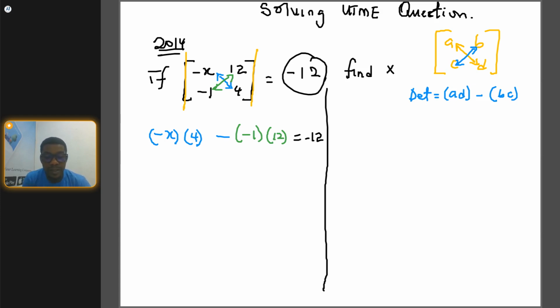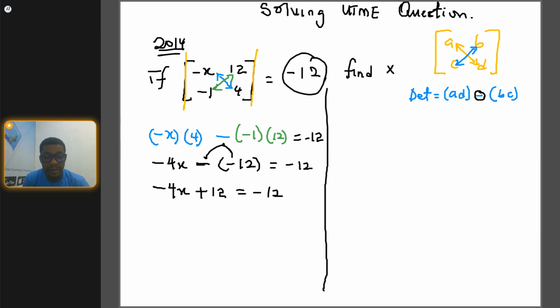Minus x times 4 will give us minus 4x, minus, which is the natural minus we have here. Now, minus 1 multiplied by 12 should give us minus 12. All should be equal to minus 12. Minus 4x, minus multiplied by minus, will give me plus 12, which is equal to minus 12. By collection of like terms,